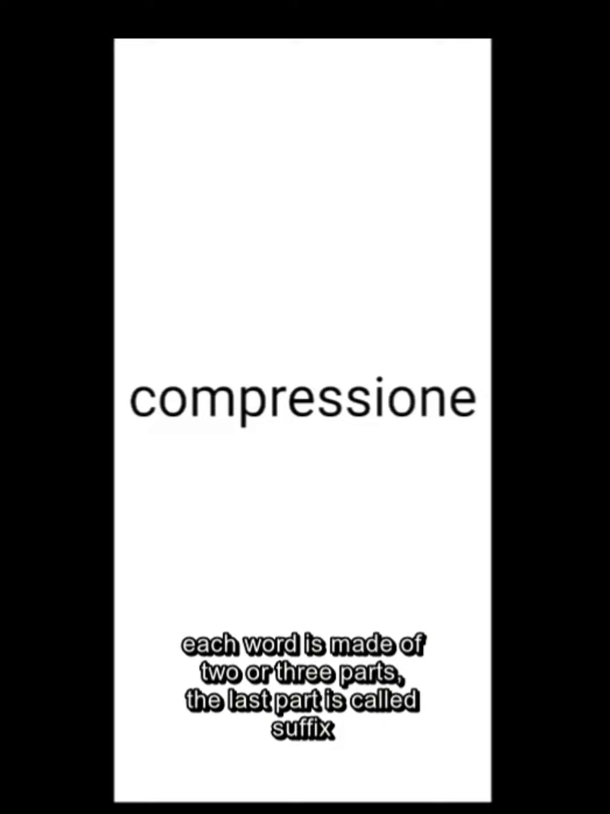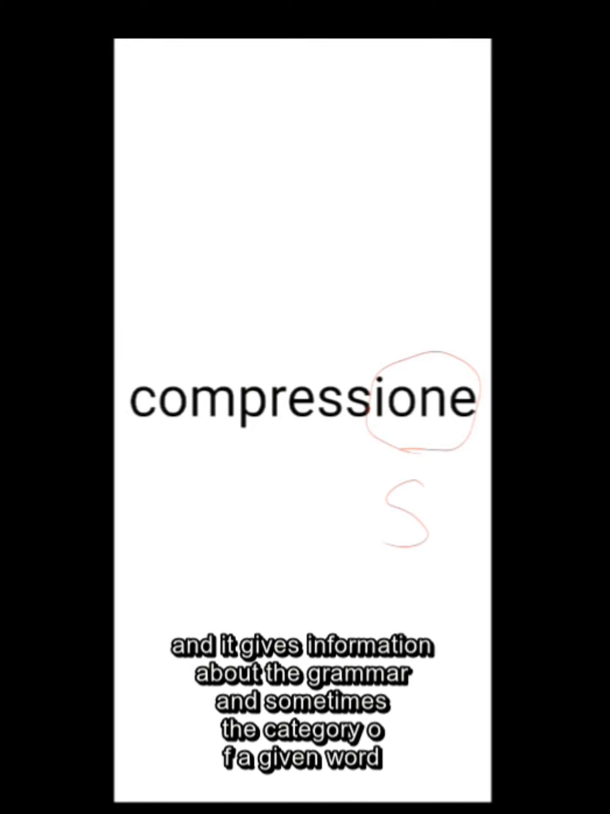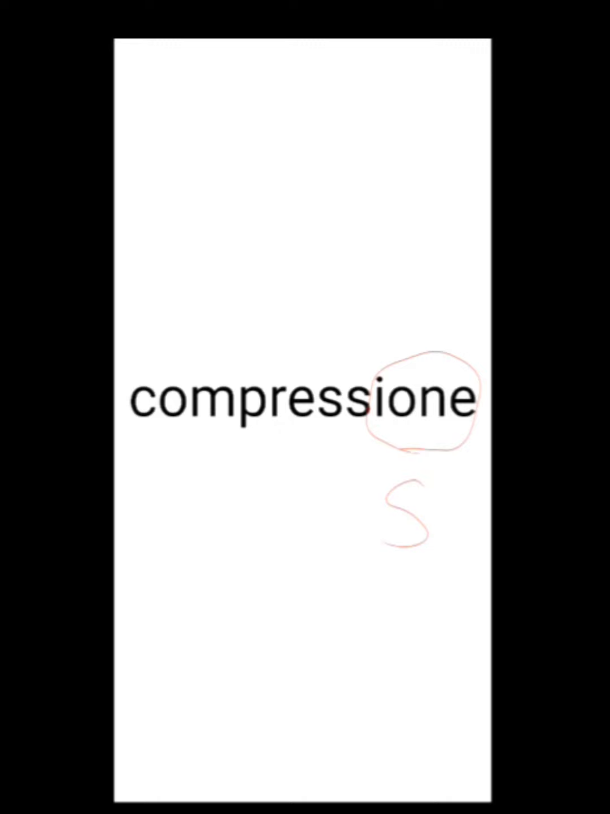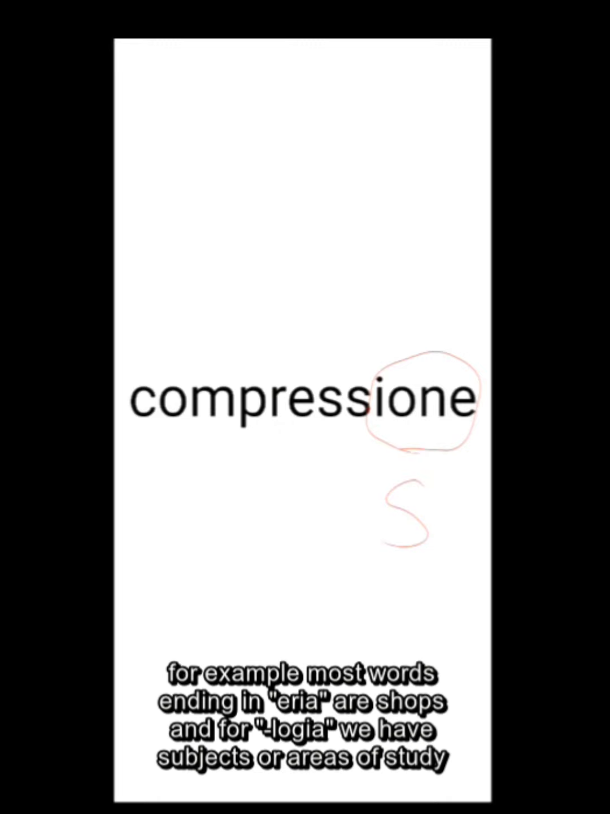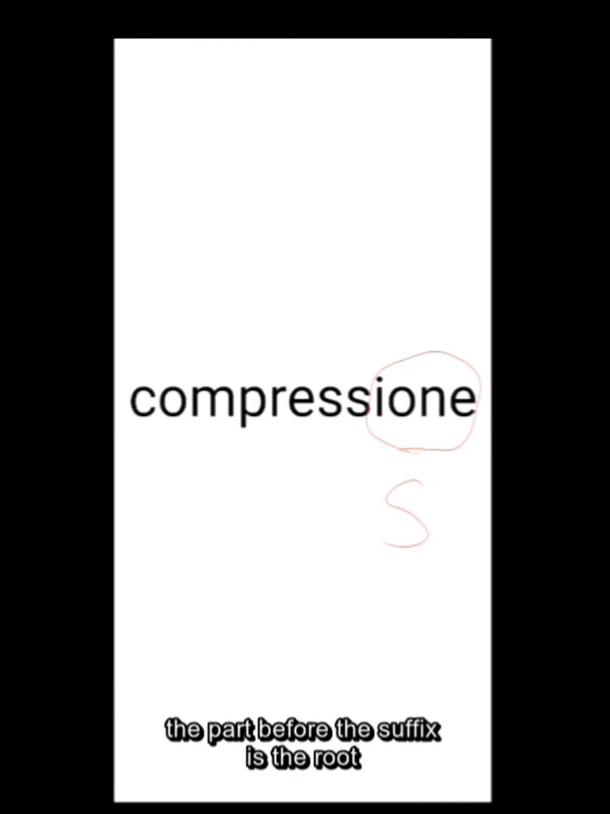Each word is made of 2 or 3 parts. The last part is called suffix, and it gives us information about the grammar and often much more useful information like the category of the given word. For example, we can understand that most words ending in eria are shops or logia are subjects in areas of study. The part before the suffix is the root,